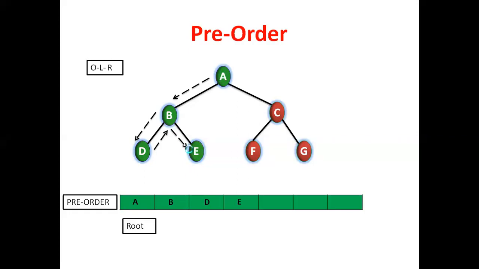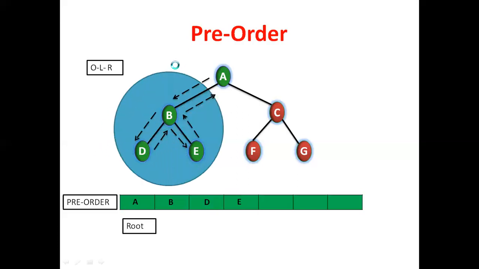Okay. Root completed, left completed, right completed. If we assume B is the root node, B is the root completed, left of B, D, completed, and right of B, that is E, completed. That is OLR. O is B, L is D, R is E. Right? So then after go back. That is here. So this is root, this is left. So root A is completed according to the formula, left subtree completed, right? Then after, we are thinking about the right subtree. That is the pre-order formula.